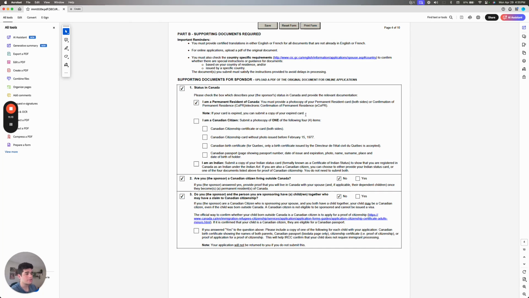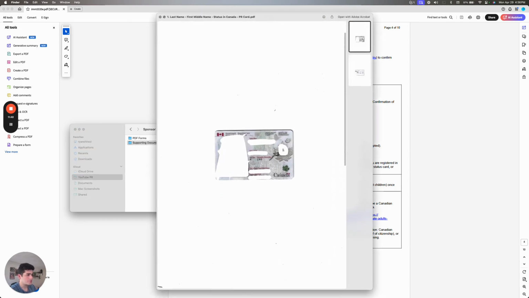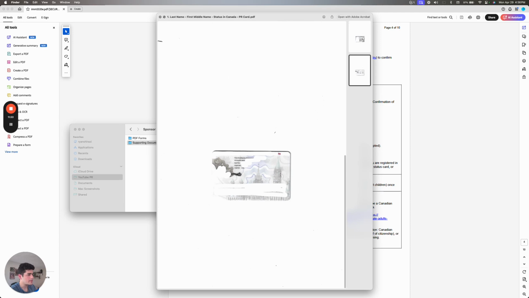I personally made a mistake here where I thought an expired card is not valid, so I ended up waiting for a couple of months for my wife's new PR card to arrive, and I basically lost out on that time. So if that's the case for you, it explicitly mentioned here that even an expired card is fine. So yeah, that's just your spouse's PR card if they are a PR. So let's take a look at that here. So this is what it would look like, just a PR card, both front and back on 2 pages of